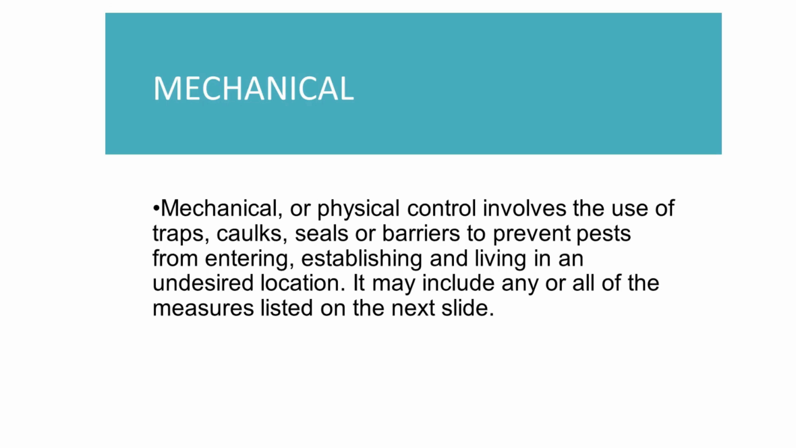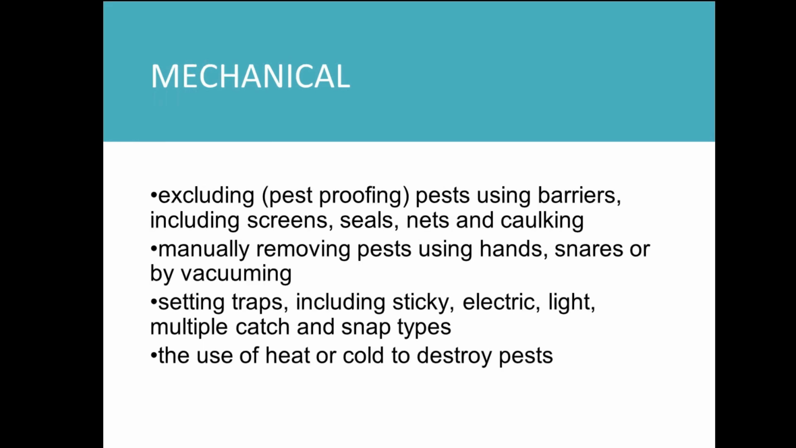Mechanical. Mechanical or physical control involves the use of traps, caulks, seals, or barriers to prevent pests from entering, establishing, and living in an undesired location. It may include any or all of the measures listed on the next slide. Mechanical includes excluding or pest-proofing using barriers, including screens, seals, nets, and caulking, manually removing pests using hand snares or by vacuuming, setting traps including sticky, electric, light, multiple catch, and snap types, the use of heat or cold to